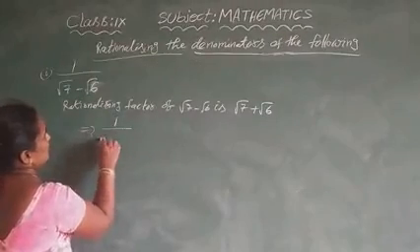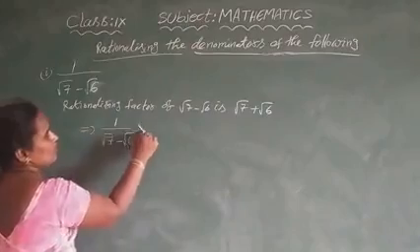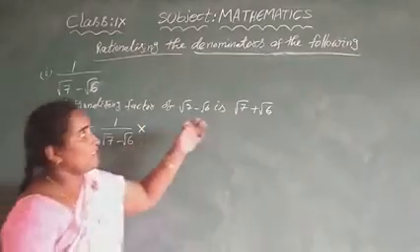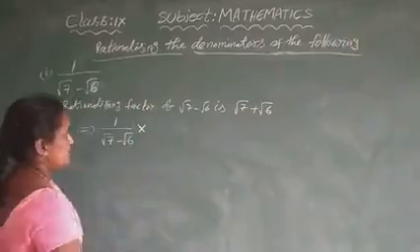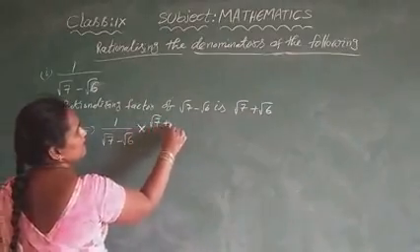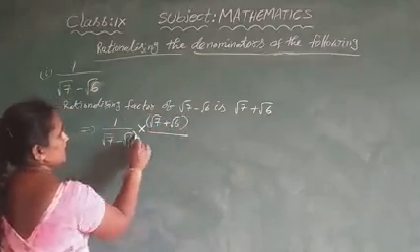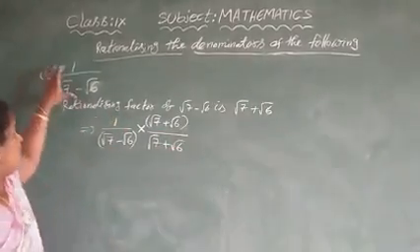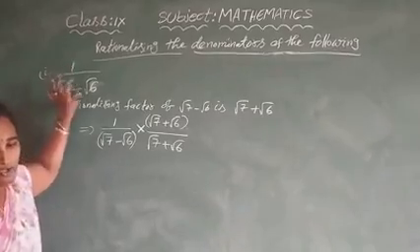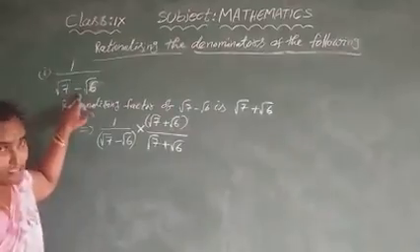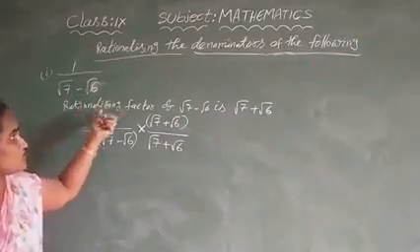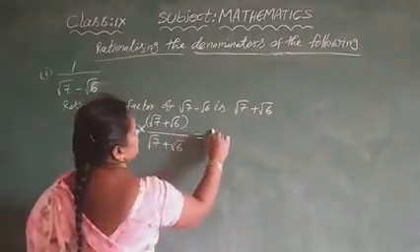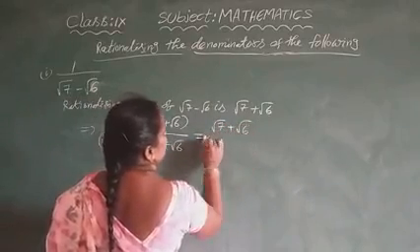So here we take 1 by root 7 minus root 6 and multiply both numerator and denominator by root 7 plus root 6. In these real numbers, you take the denominator, look for the sign first and reverse the sign second. Then you take the rationalizing factor. So 1 into root 7 plus root 6 is equal to root 7 plus root 6 divided by,